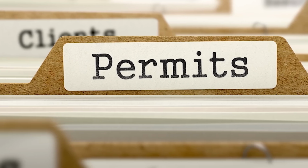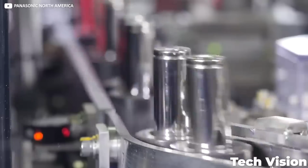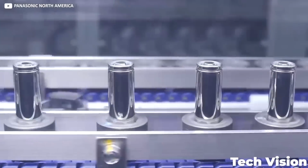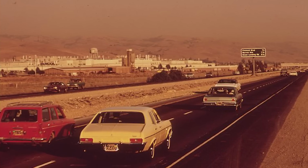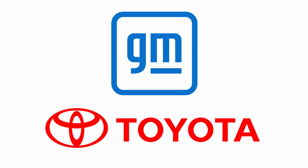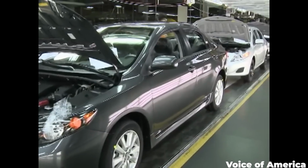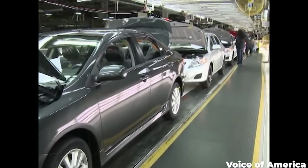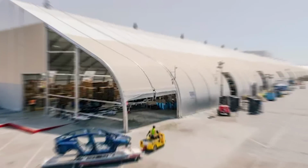But the company is also asking for the permits to move equipment from the second floor where the plant has its battery manufacturing stations. This is a pretty big deal in the Fremont location. Tesla originally purchased the site from a GM Toyota project, and it was already almost at peak capacity at that time. Tesla has since expanded with outbuildings, large tents that were originally intended to be temporary but have become more